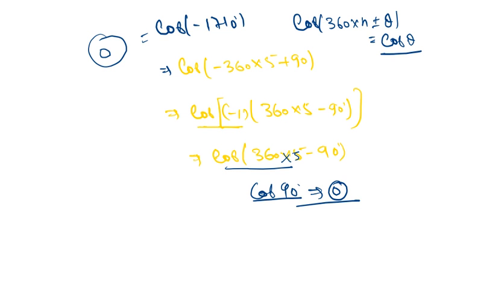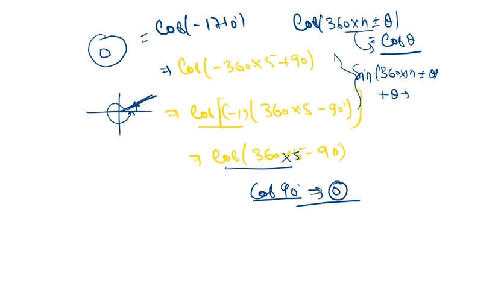The only thing you have to follow when you are dealing with cos of 360 plus minus theta is that it will come as cos only. Like if I am dealing with sine of 360 multiplied by n plus minus theta, what will happen? If I am talking about plus theta, it means I am going to the first quadrant, because every multiple of 360 will reach here and plus something will reach the first quadrant. Plus something is always positive for everyone: sine, cos, tan, cot, sec, cosec. And whenever it is minus theta, only cos and sec will remain positive, others will come as negative.